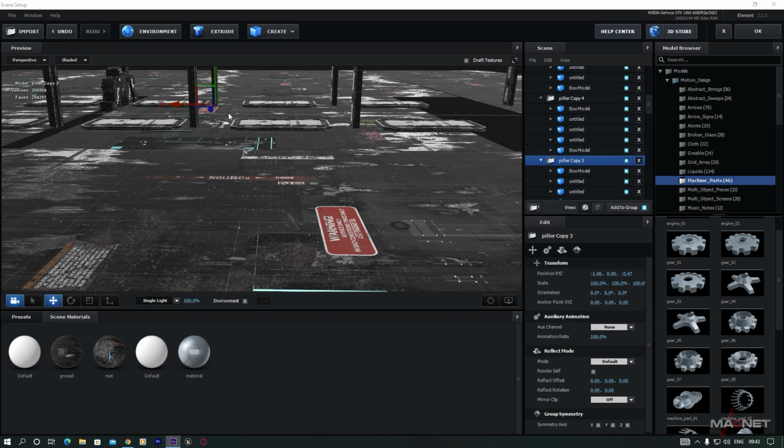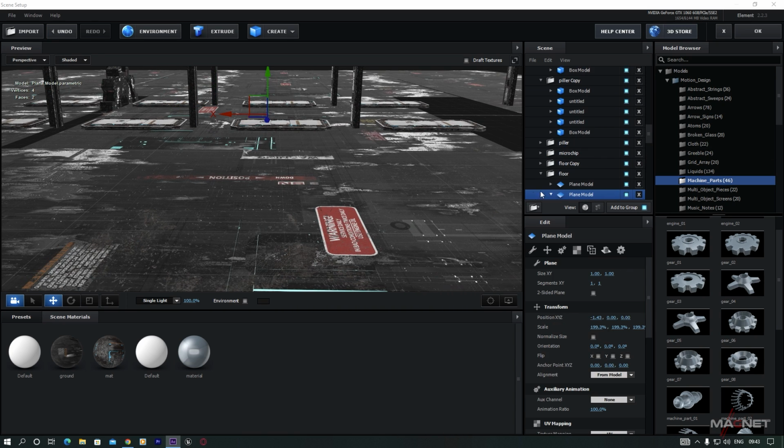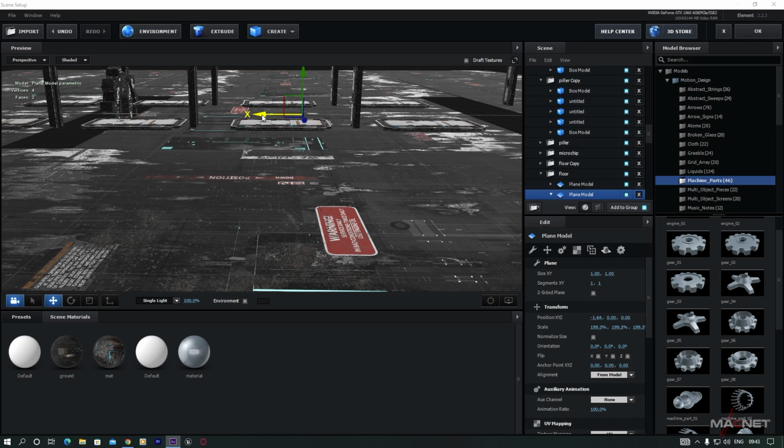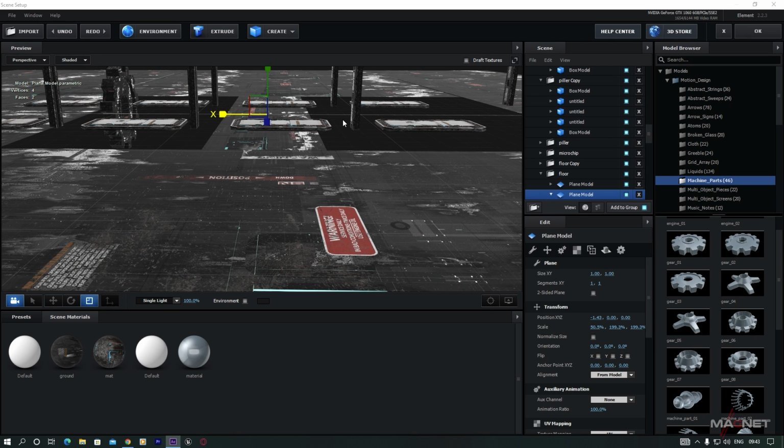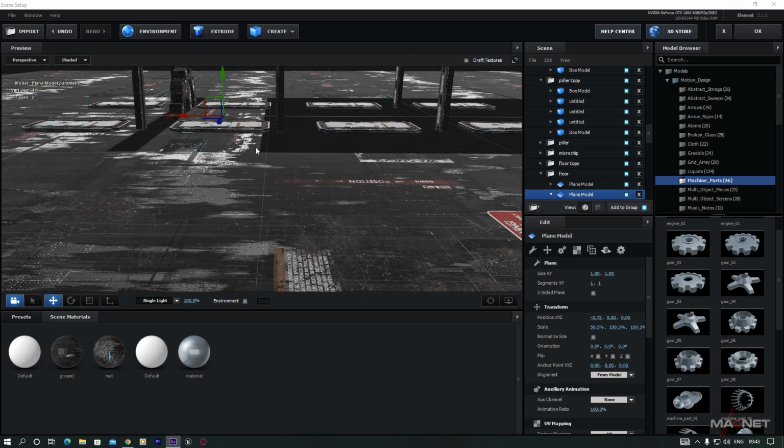Okay, and select this floor, and if you move this floor, you will see that the floor size is very large, so we're going to decrease the floor size. So we press R and we decrease the scale from this axis, and also we position it here. But we can see that we lost a little bit of size, so we increase the size a little bit again